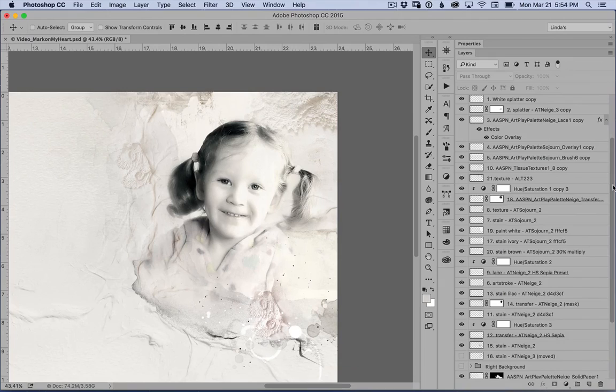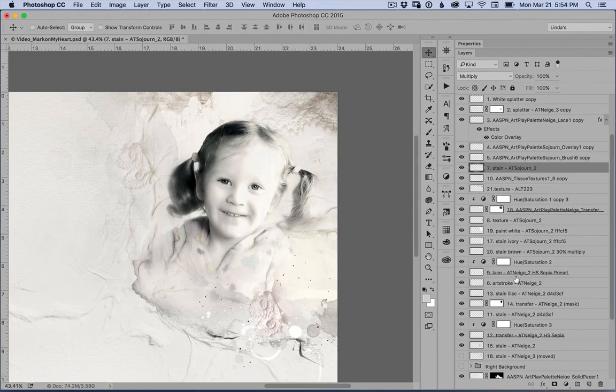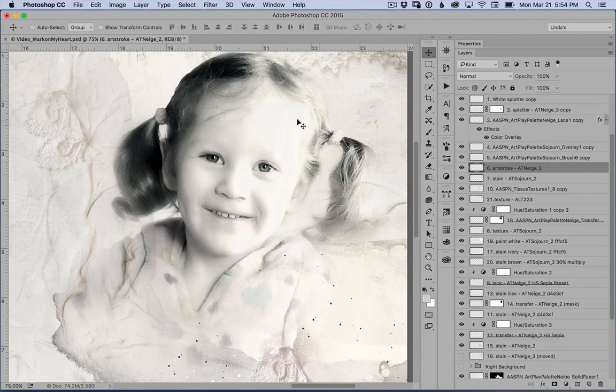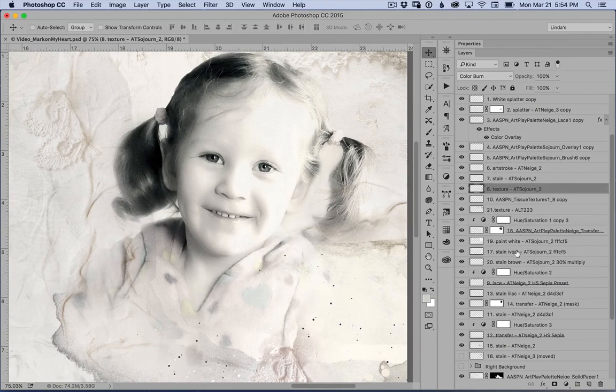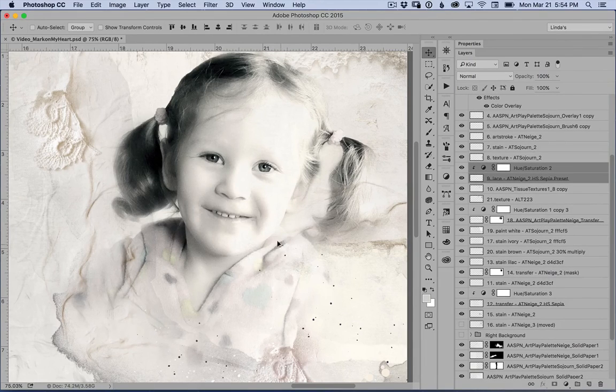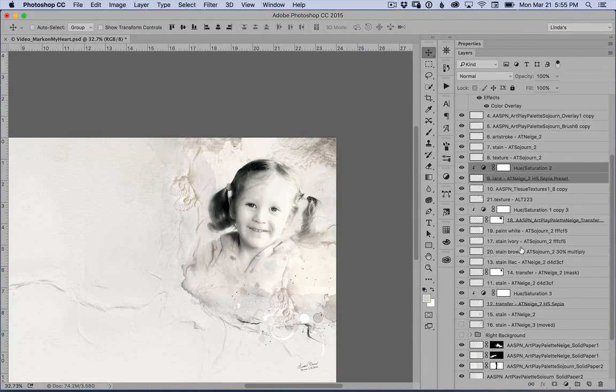Okay, now let's put these in the sequence that I used for this layout. That means 7 is going to go up, 6 is going to go up. And I'm looking to see, because I want to make sure that I don't get anything covering my granddaughter's face. 8. 9 has a hue and saturation layer, so I need to move that together. So what is this looking like? Okay, and